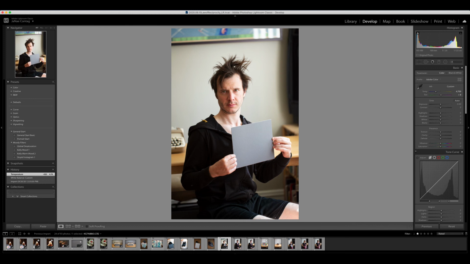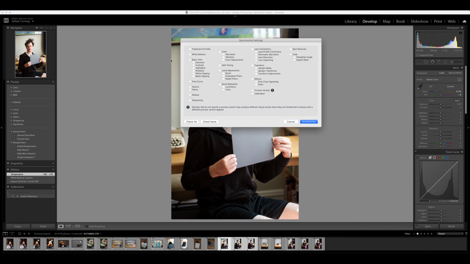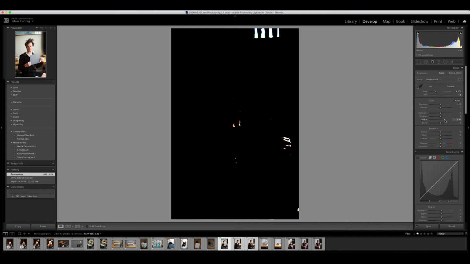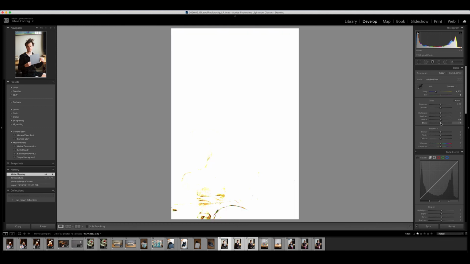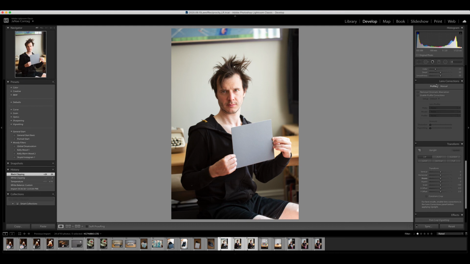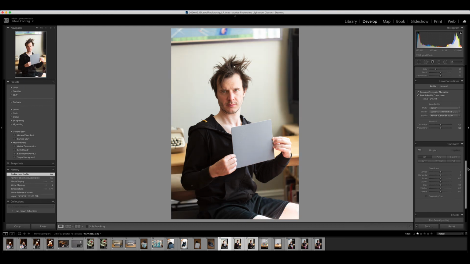I'm going to hit that bubble icon, hold down the Shift key, grab all three of these portraits that are up for consideration, hit sync, check none, and then just check the white balance. The other thing that I'm able to do, actually, if I wanted, I could set my black and white point here and do those other basic edits that I know will apply no matter what, like my lens corrections,